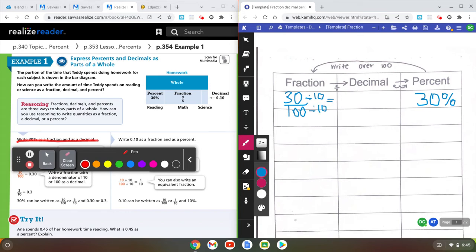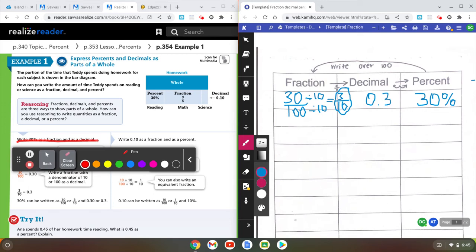So 30 divided by 10 would be 3. 100 divided by 10 would be 10. So 30% as a fraction is 3/10. So now I want to convert my fraction to a decimal, and look at what it says. When we go from fraction to decimal, we divide, and you can just put that into your calculator. 3 divided by 10. We should remember that fractions are the same thing as division. 3 divided by 10 is